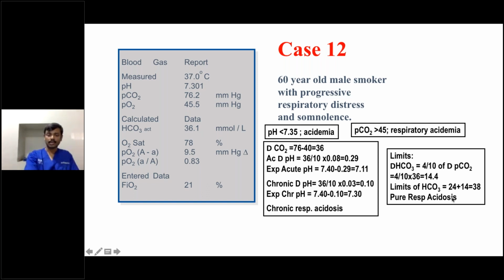38 means plus or minus 2, the pure respiratory acidosis. It's a little bit difficult actually, but if you do it regularly in your practice, we know whether it is acute or chronic respiratory acidosis, then we can work out whether the compensation is adequate or not. So these are the common problems with acidosis.